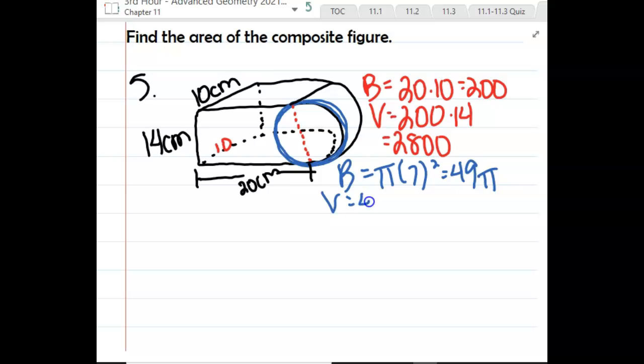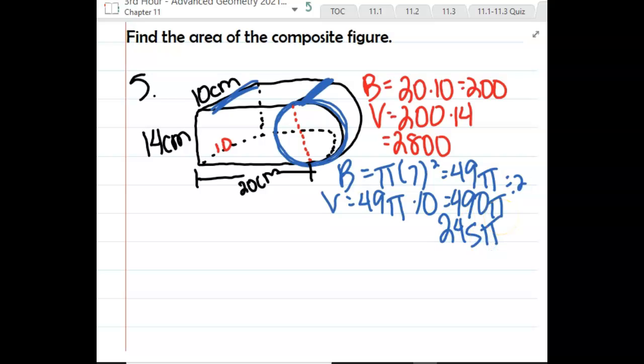Then to find the volume, we would take 49 pi times, think about taking that circle and flipping it up so the circle's on the top and the bottom. How tall would that cylinder be? 10, right? It'd be that tall, which is 10. So 49 times 10 gives me 490 pi. But do I need all 490 pi cubic centimeters of that cylinder? You need half of it, right? So we need to divide that by 2, and we would get 245